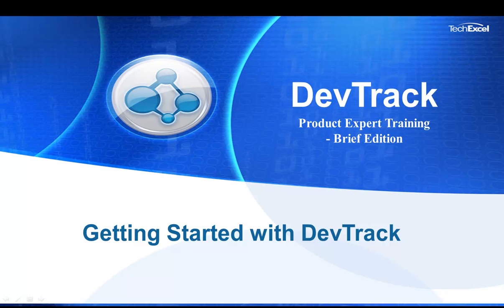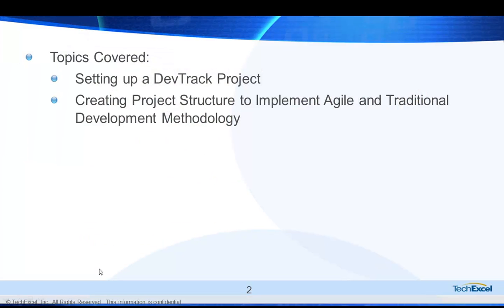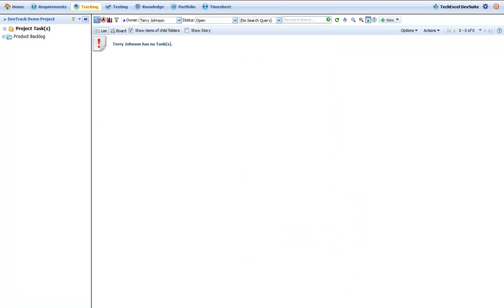This section of the DevTrack product expert training will cover getting started with DevTrack. Topics covered under this section are setting up a DevTrack project and creating project structure to implement agile and traditional development methodologies. The very first step in using the DevTrack system is to set up your project, followed by creating